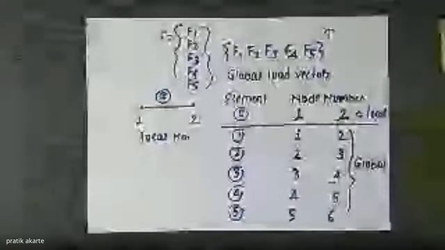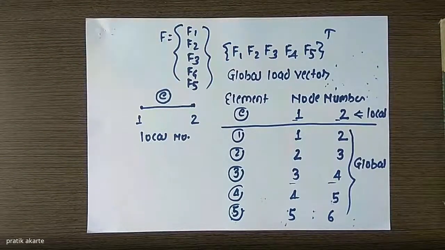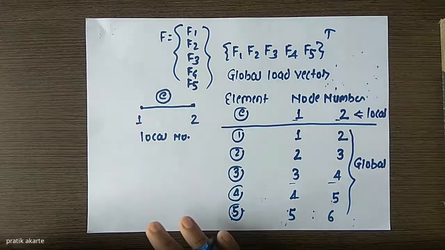Okay, so why is this element connectivity table important? It is important to find out the relationship between global and local node numbers, to formulate the matrices at local level, and then to combine them at global level to formulate the global stiffness matrix. So this is one concept: element connectivity and the relationship between your local and global node numbers. Now the next concept is